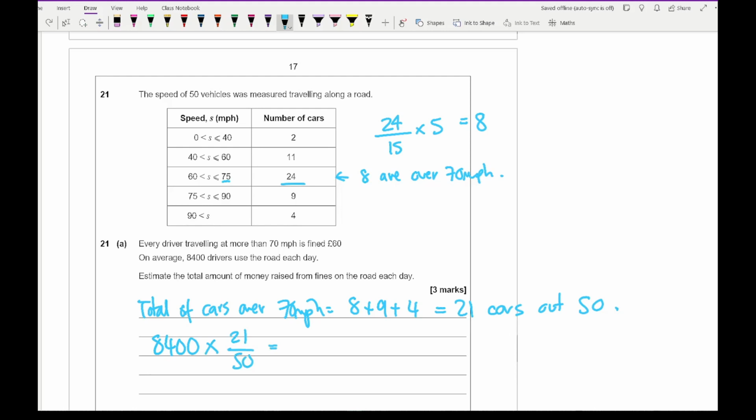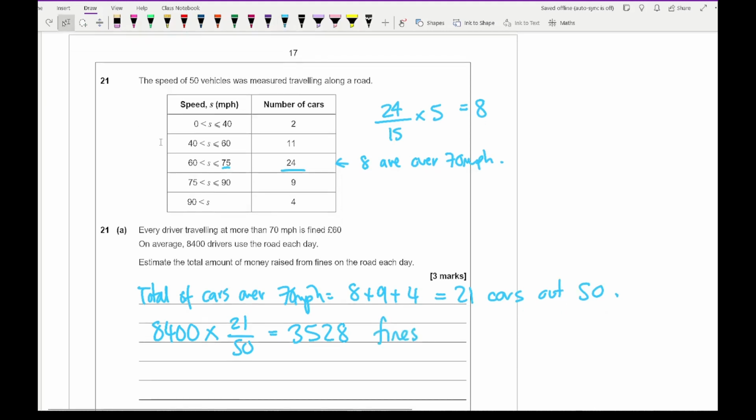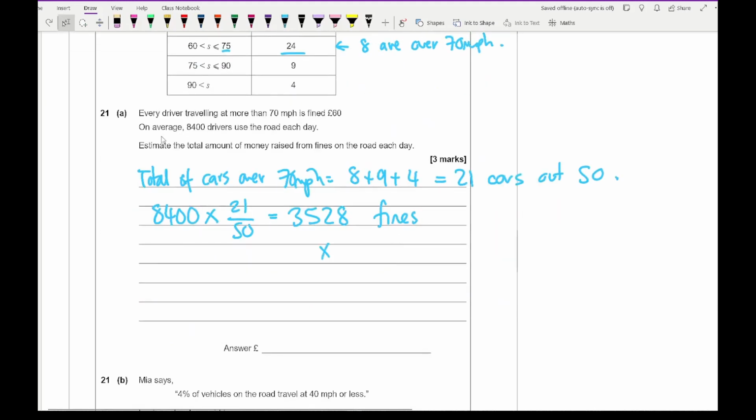And that gives me an answer of 3,528 fines. Now, if each fine is worth £60, I multiply that by 60 quid, giving me a huge amount of fines collected of